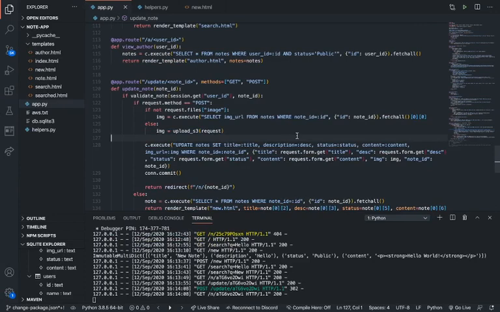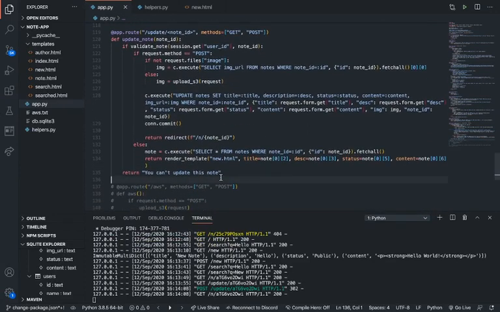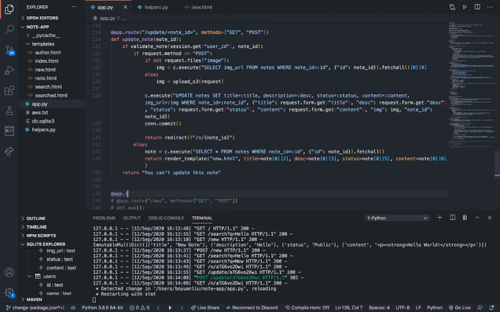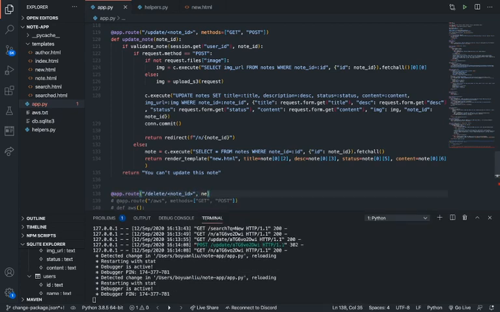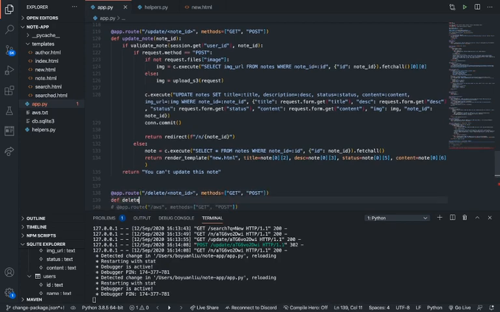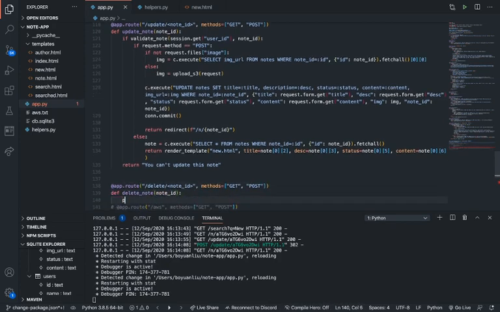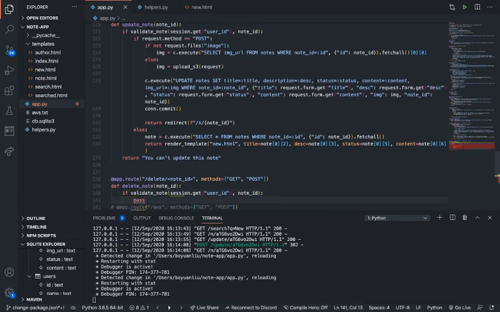And then finally let's do the delete function. And then here just say at app.route /delete, and then it's gonna provide a node ID as well. Methods equals to get and post. Let's say delete node ID, and here just say if validate node session get user ID, node ID. So they own this node. Now what we could do is